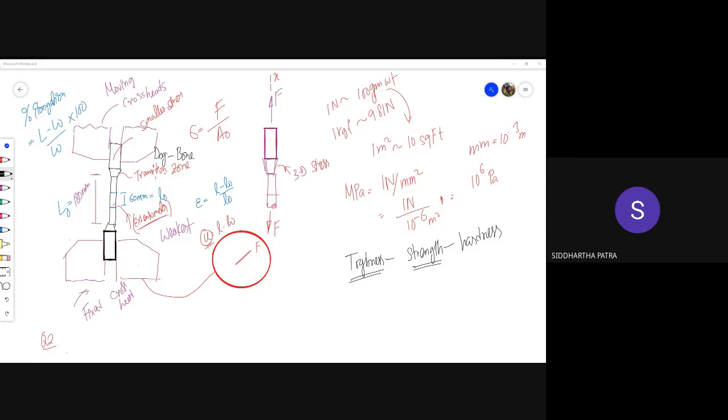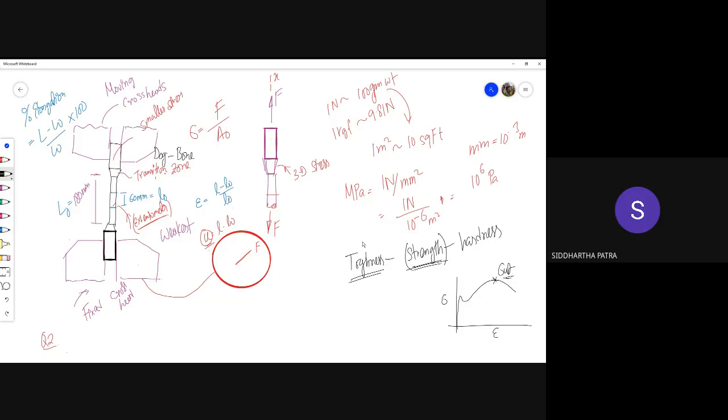Toughness talks about how much energy the material can absorb without fracturing. Okay. Think in this way, what would be called strength? So the strength is the load bearing capacity of the material, or the maximum force per unit area that the material can withstand without fracturing. Okay. That is the ultimate stress. And you might recall that sometimes we call it ultimate tensile strength. Sometimes we call it ultimate tensile strength for a reason, because the property called strength that you are looking for is essentially this one. Okay.